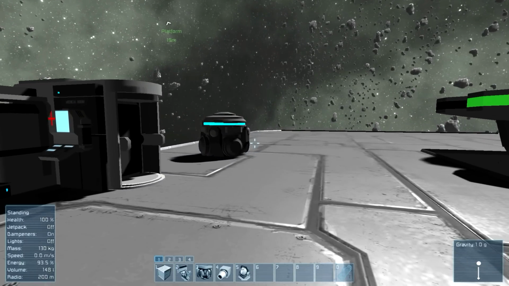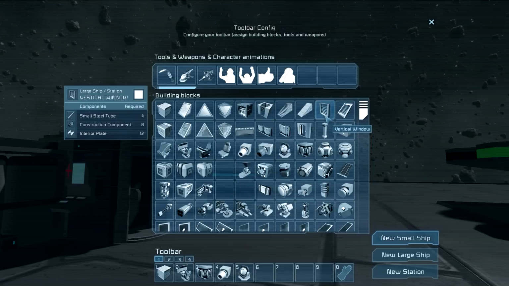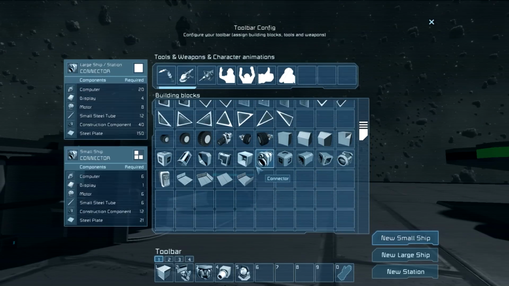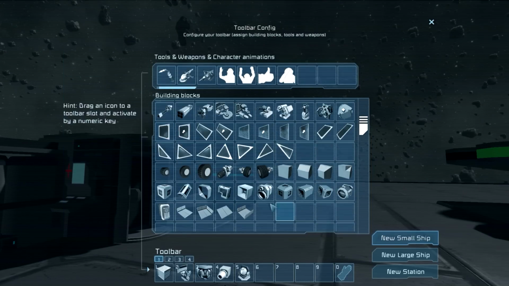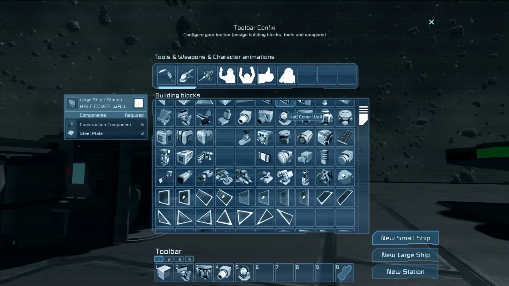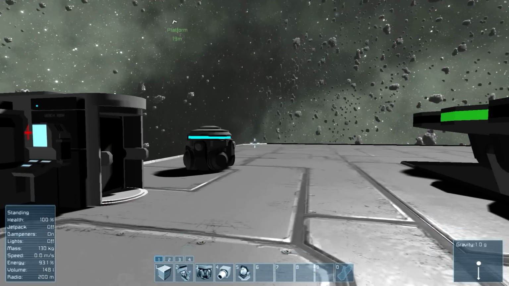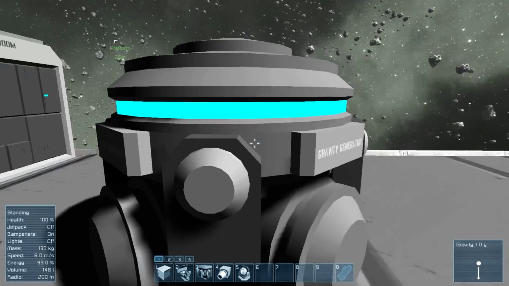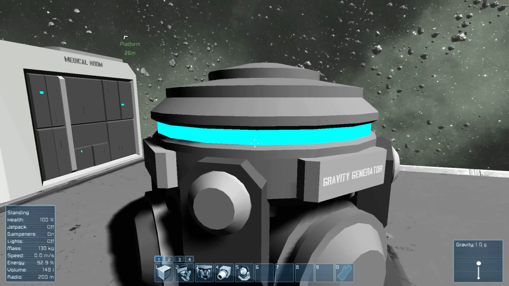So what we have here though, if I press G, here you see all the building blocks, all the other blocks, and these are the blocks you basically can use to build things with. You can build your own spaceship, you can build your own mining rig, and here we have a gravity generator to interact with all the things. You press with